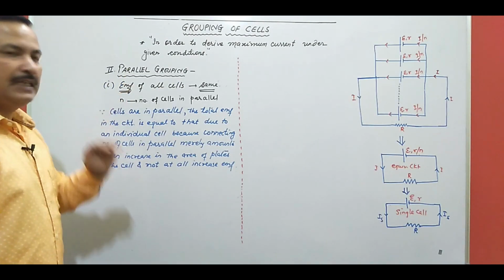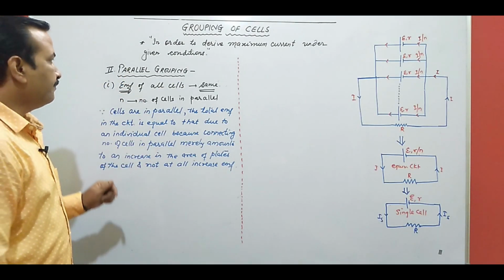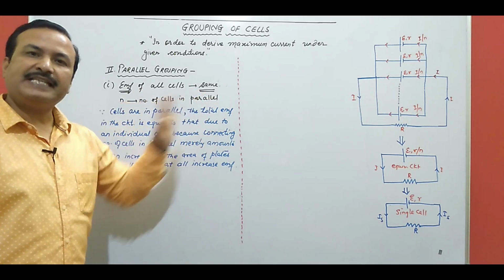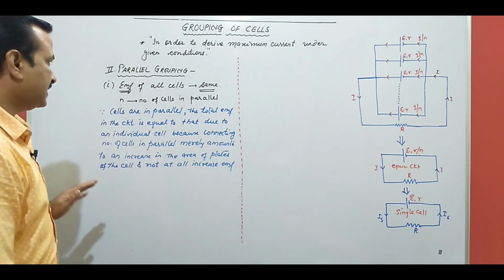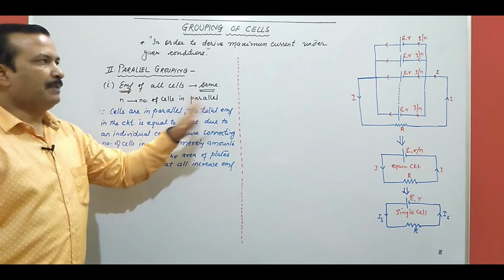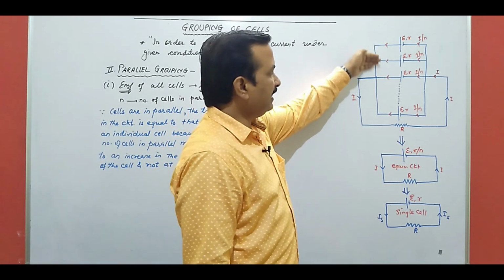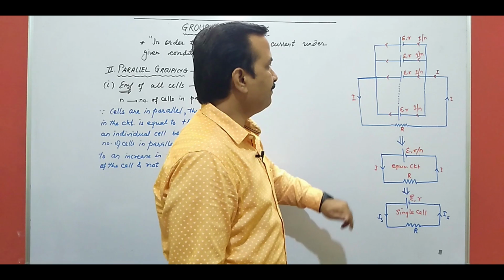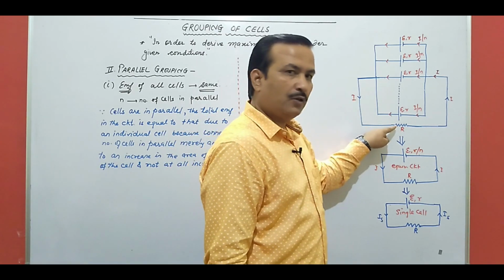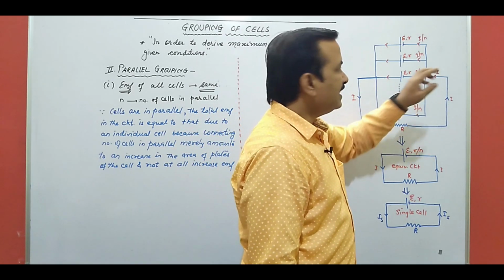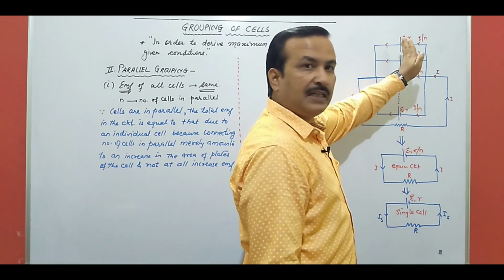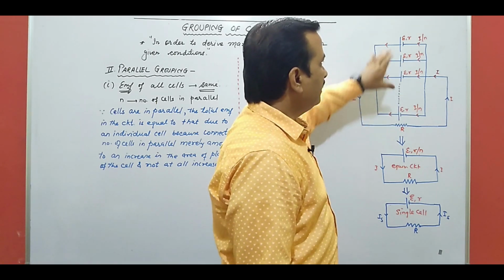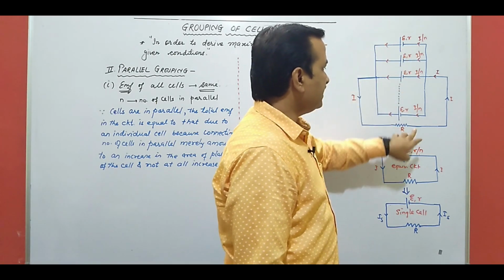Okay. The second grouping is parallel grouping. In this again we are taking the first case that EMF of all cells is same, as in the first case we have discussed. N is number of cells in the parallel. You see the diagram, I have connected the cells in the parallel 1, 2, 3 and then it will go to N. Current I is flowing through the external load R and then it goes like this. Since there are n cells, it will be divided in n parts. So I by n will go here, I by n, I by n and I by n. EMF and internal resistance we have considered same.